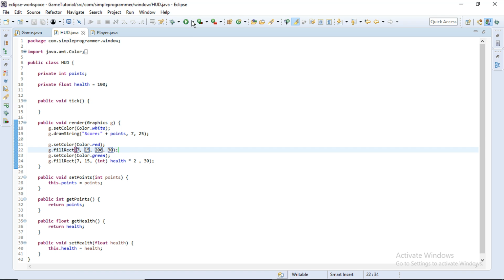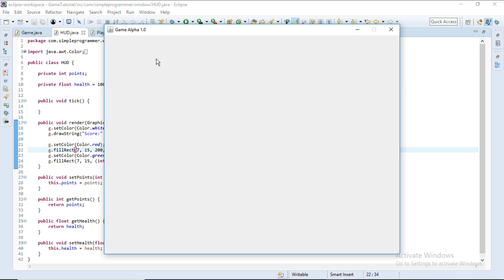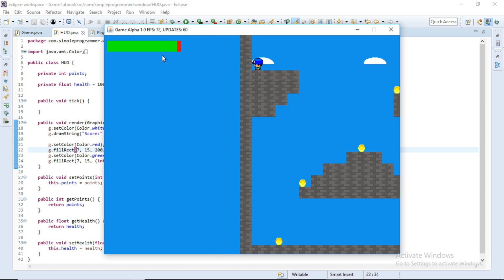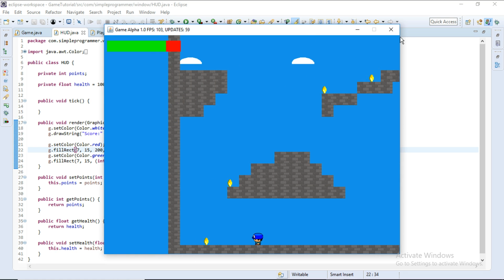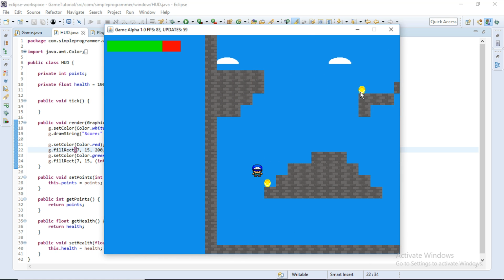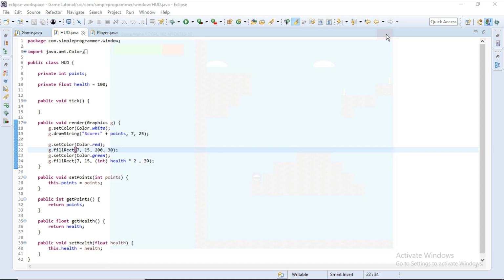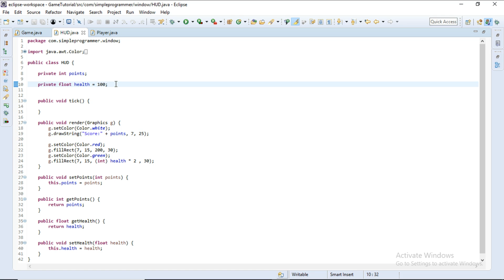So now if we run again, you can see that looks like nothing has changed, but if we do that, it looks like we just lost some health. That's good. Now, here's another thing I want to do. I want to make it so that if we lose health, our green gets darker. So we're gonna make another